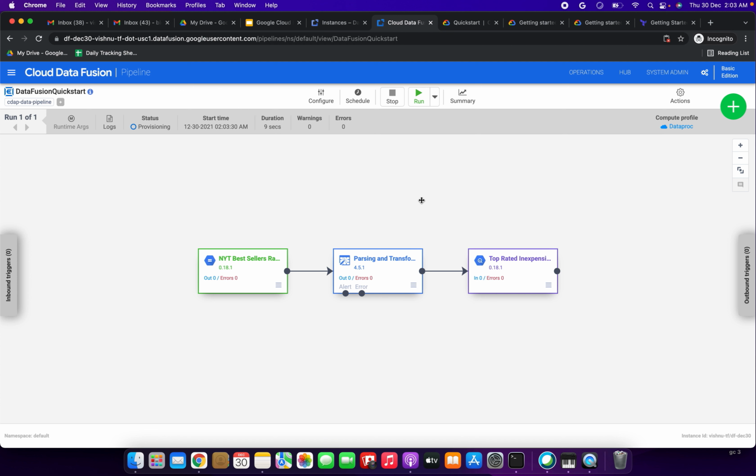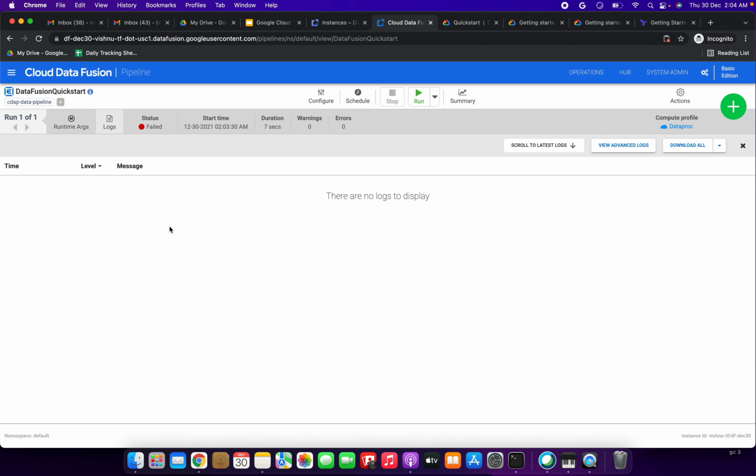In the pipeline details view, click run. We have done it already. Now the status is showing provisioning. Actually for me, friends, I'm sorry for that really. It is coming for me as failed. Let me check the error. Let me show the error, why I am getting this error. But definitely, friends, you will not get this error. Definitely it will work. I have followed the documentation correctly, but I am getting the error.